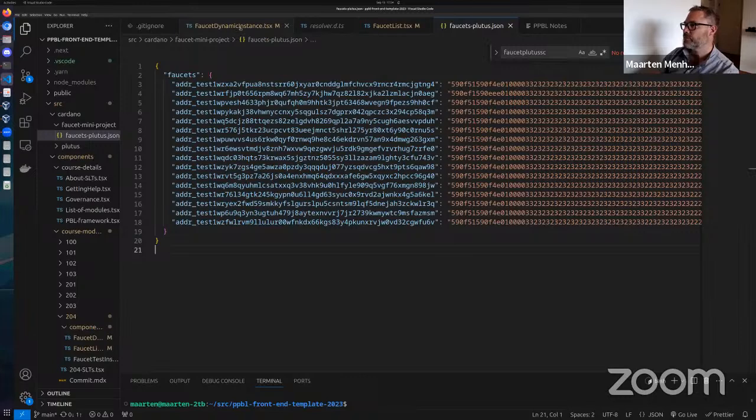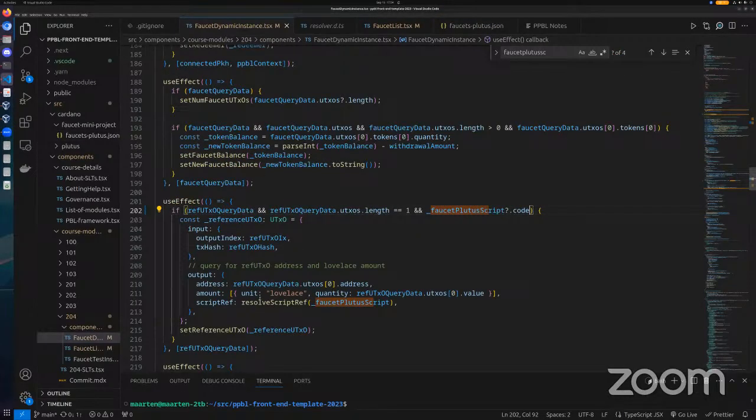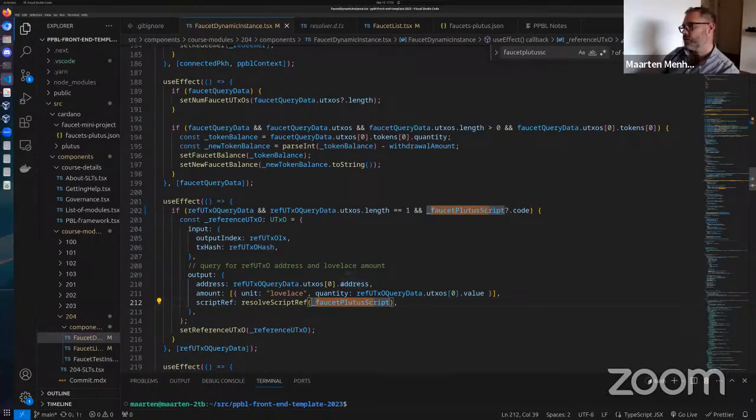I noticed, by the way, that even if we did fix our system so it handled those longer form addresses, that address is not listed in our faucets Plutus.json. So it would still throw an error there. We wouldn't be able to find the CBOR for it. But at least I think this would be a better application if it allowed people to stake their faucet contracts. So is it actually this one which is causing the error? Because it's the address, right? Or is this the address of the UTXO and not of the script?